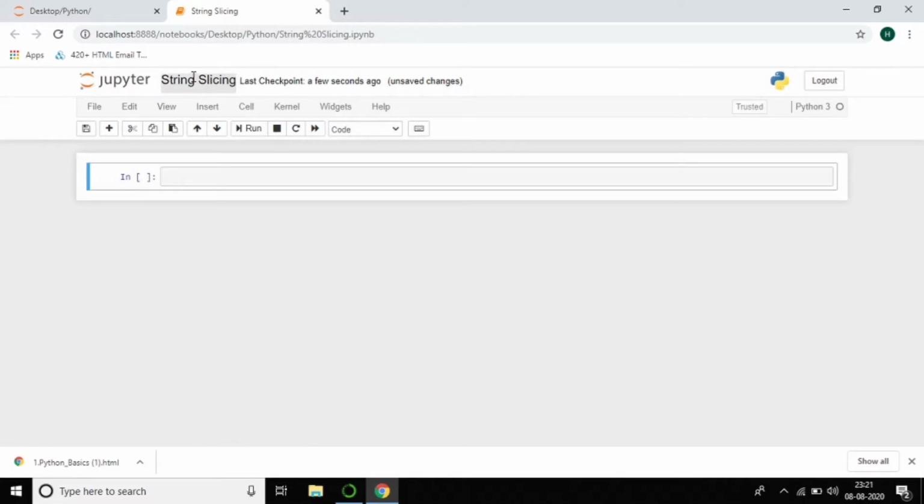So suppose I take an example, which is hello world. You can see I have taken the example hello world, and I name the variable name. So you can see it is a string, hello world, and like in C, the index starts from 0. Here also the index starts from 0.